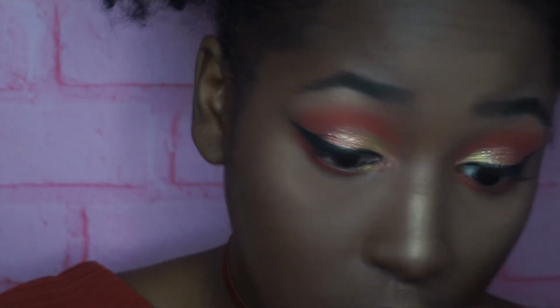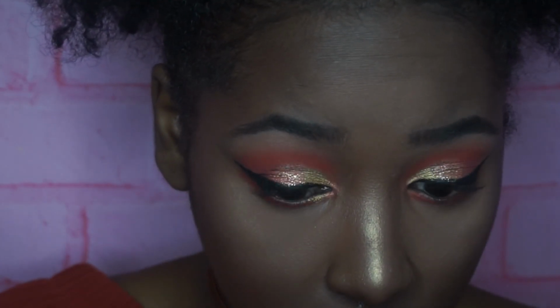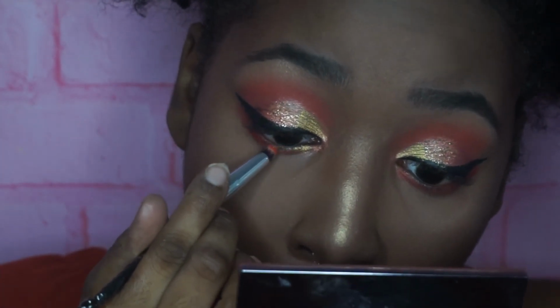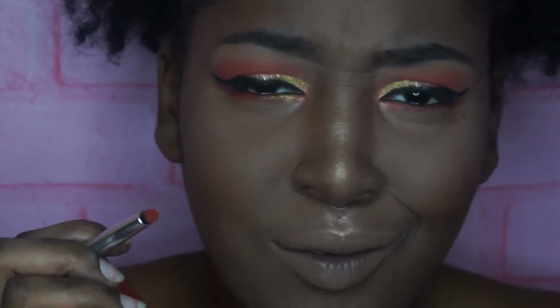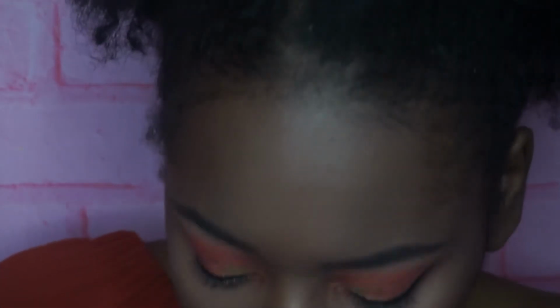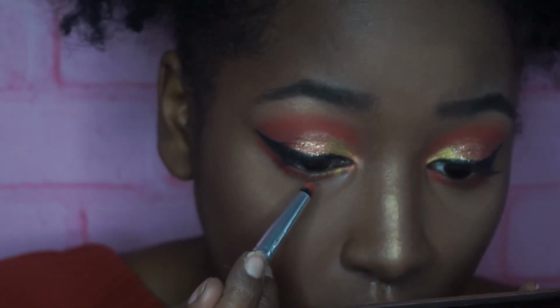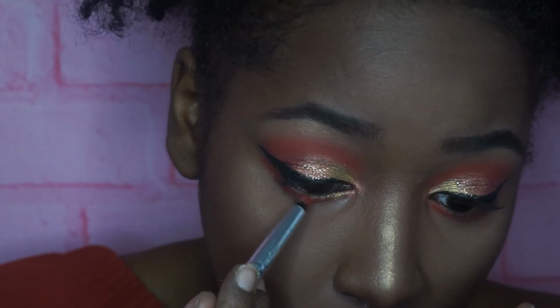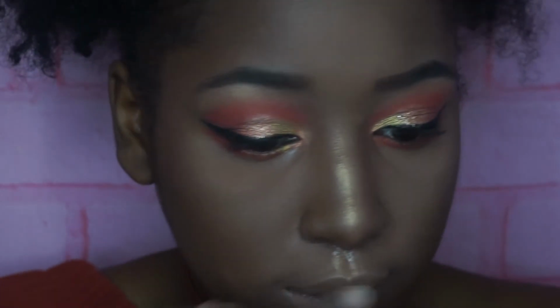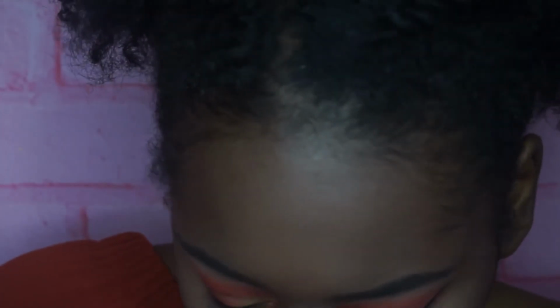I just got this eyeshadow in my eye. If you have sensitive eyes, this is probably not a good idea. Just saying. And I'm gonna put this next to that color. And yeah. Now I'm taking